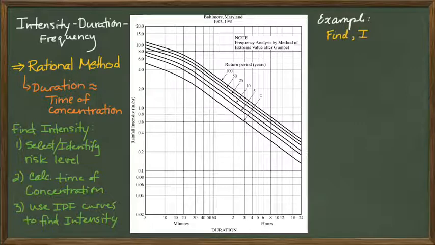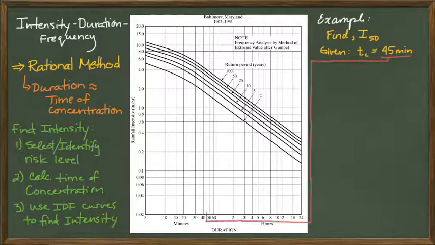So let's do a quick example of this procedure here. Let's say you are given that we want to find the rainfall intensity for the 50-year storm, and we're given a time of concentration of 45 minutes. Well, this 45 minutes is looked up down there on the x-axis of this IDF curve, and we draw a line up to where it intersects with the 50-year curve, and then draw a line to the left over to read off the intensity. So those are our units, inches per hour, so therefore our intensity for the 50-year storm is 3.5 inches per hour. It's very, very simple to do.